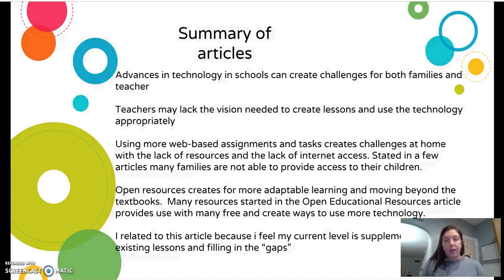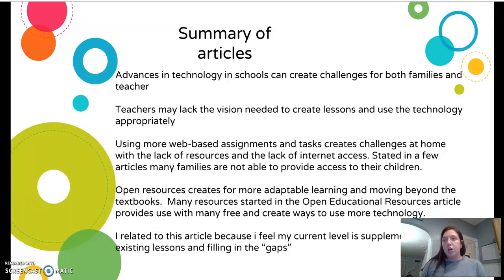To get started, I like to summarize some of the articles that were in this section. A lot of these articles really hit on the key points and the advantages and disadvantages of having technology in your school and classrooms.